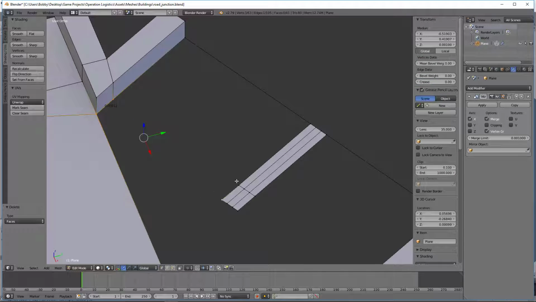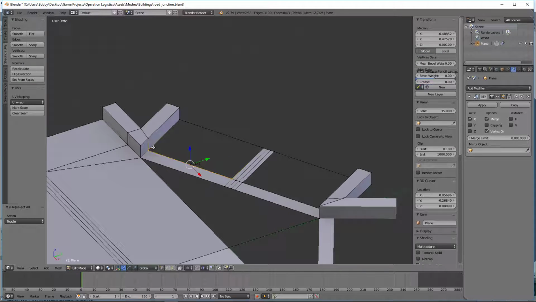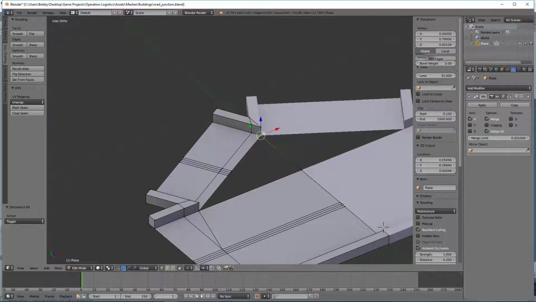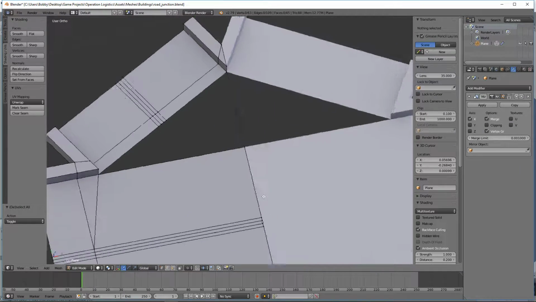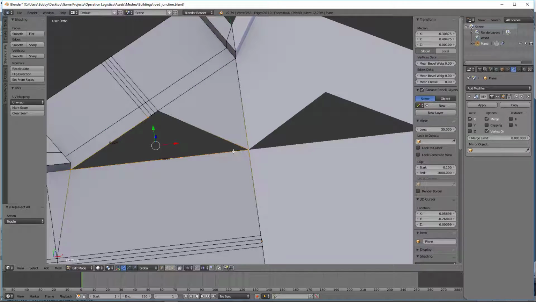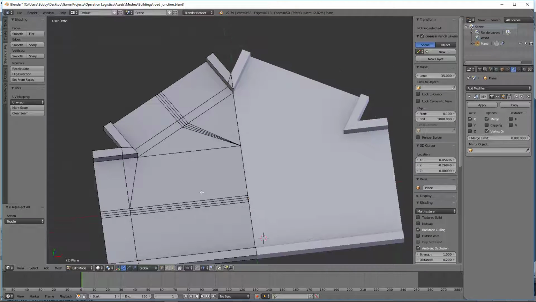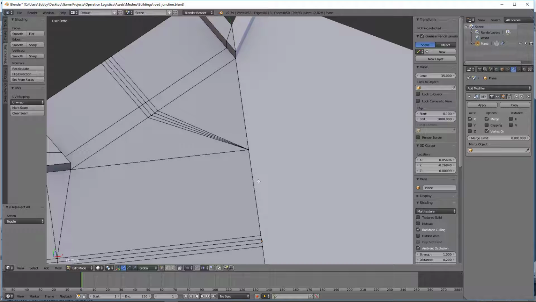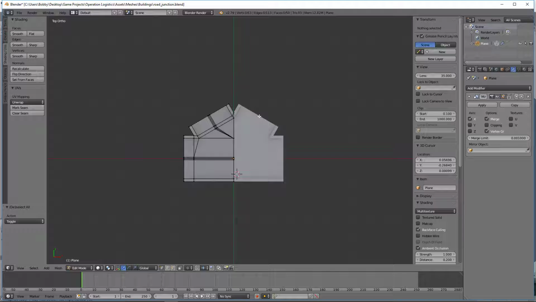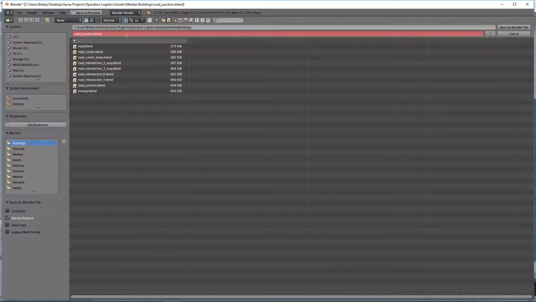And we're going to connect the face up here and here. And finally here and here. Excellent. And then all we need from here is that edge, and then we can have this be a face, and this is just going to be kind of a mess of triangles here. And then that'll be a face, that'll be a face, and that'll be a face. There. Now we have kind of a proper junction, proper two-way junction. I'm going to go ahead and save this as road junction